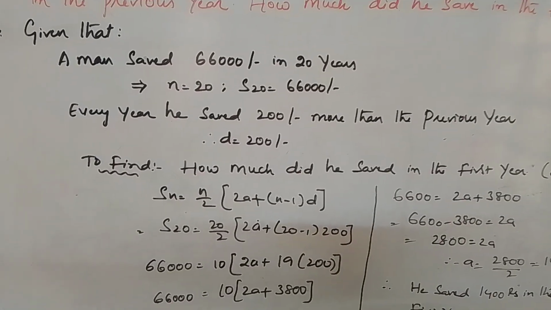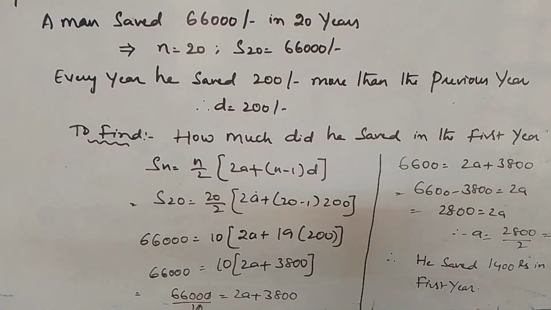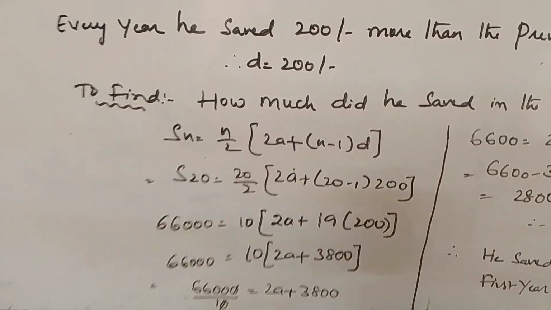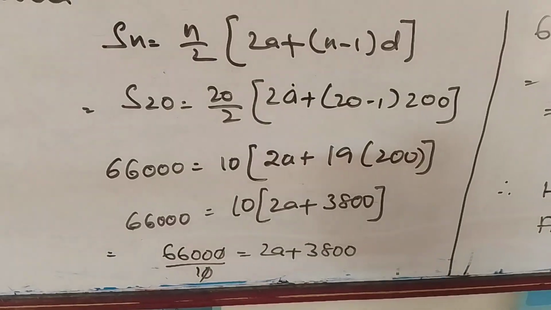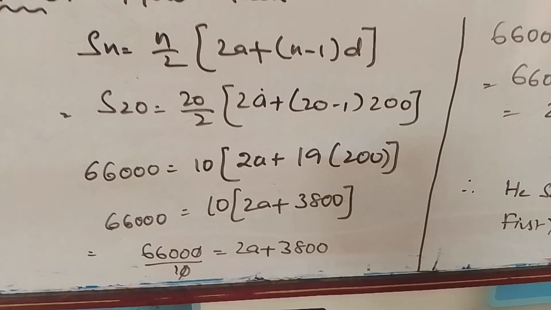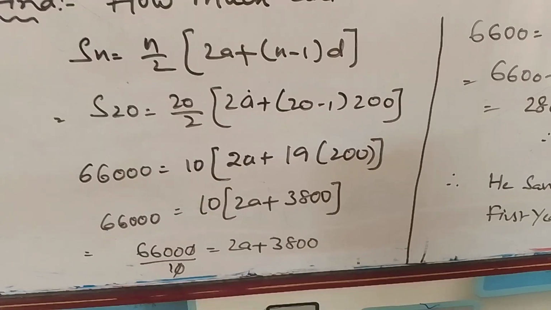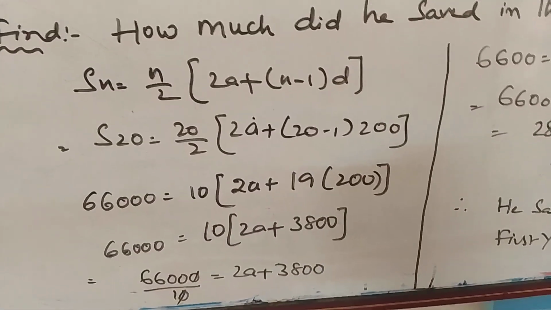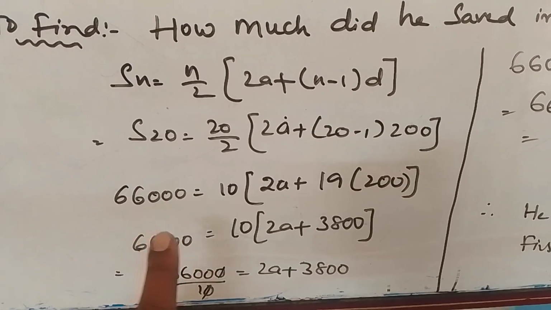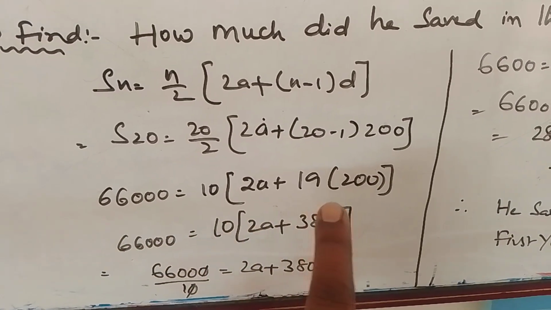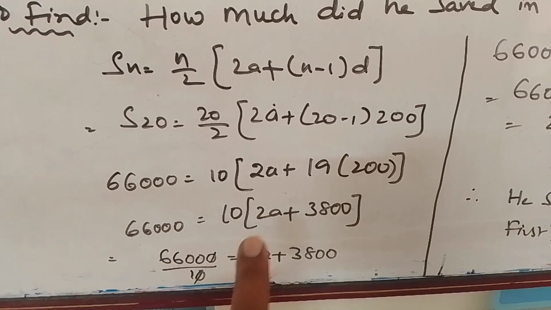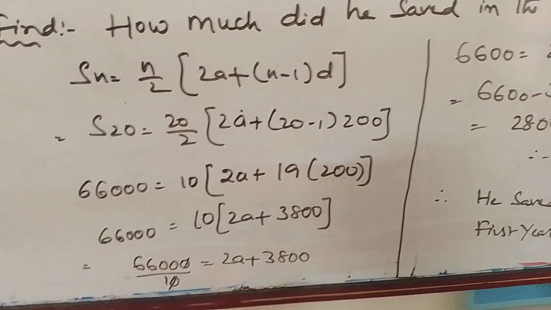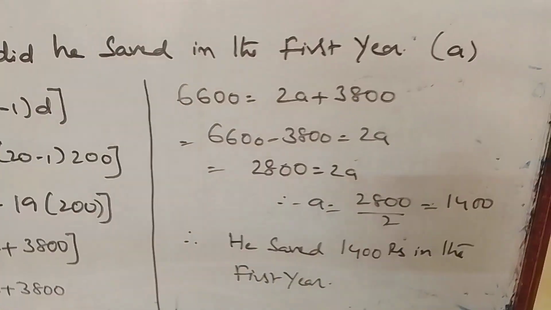Sn equal to n by 2 into 2a plus n minus 1 into d, right? So where n equal to 20, substitute the values. S20 equal to 20 by 2 into 2a plus 20 minus 1 into 200. We need to find the value of a here. So 66,000 equal to 10 into 2a plus 19 into 200. Okay, sending 10 to LHS and simplifying, we get